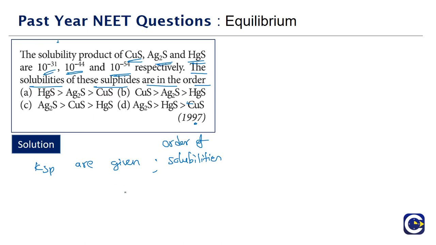Generally the statement that we use is: higher the Ksp, higher the solubility. This is a common statement that we will be using. Higher the Ksp means higher will be the solubility. That is a general statement, because